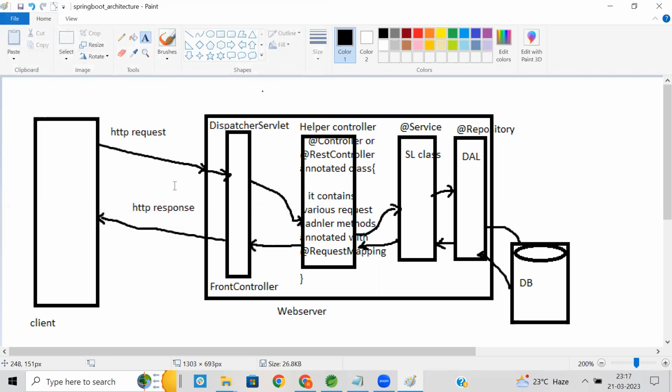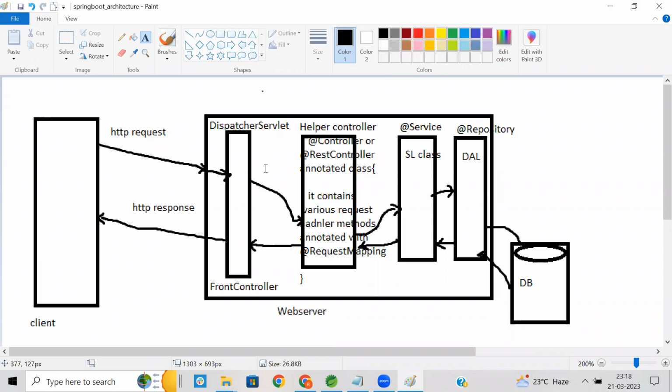Yes, Prince Kumar is saying, sir, we will only make the helper controller class here. Yes, Prince, since the dispatcher servlet is already pre-created and pre-configured, you do not need to create it or configure it. So you are going to just create the rest of the components like the helper controller, service layer, and repository layer. That's it. So which makes our life much more easy. No need to take the headache of creating a servlet, no need to configure this servlet,